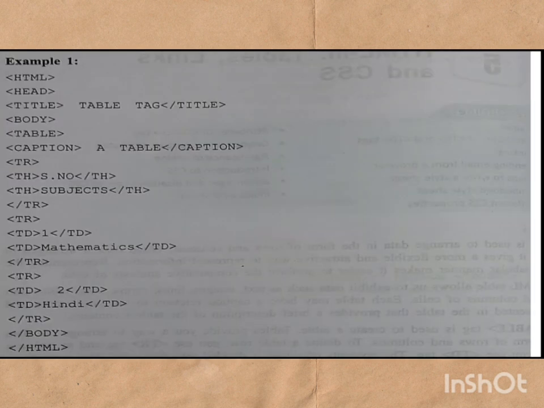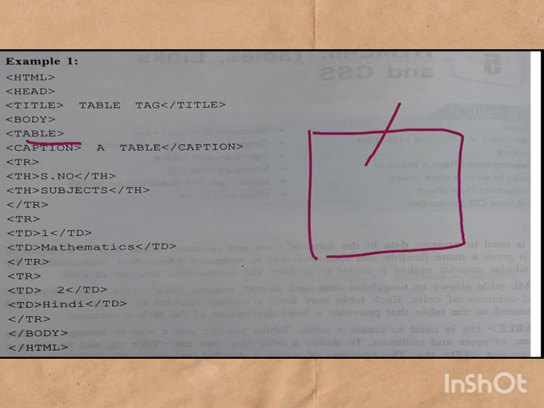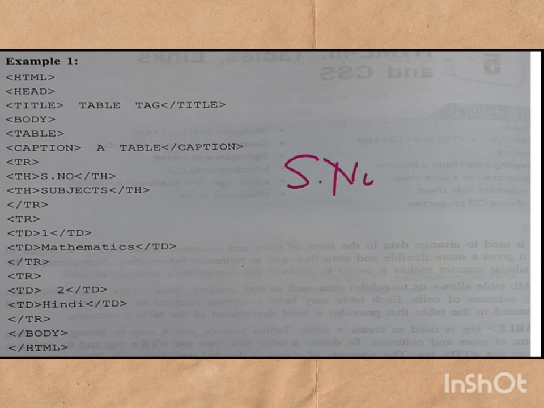So class, I have finished with this. Next is another program for you to practice. In this program also, now let's analyze the output, how the output will come. See, they have used table but not the border. So lining of the border will not come. So how will it come? It will come, first row is serial number and the subject.